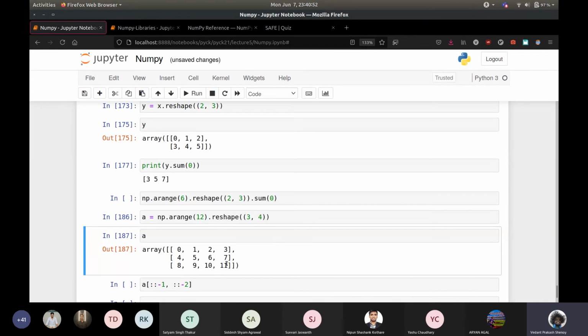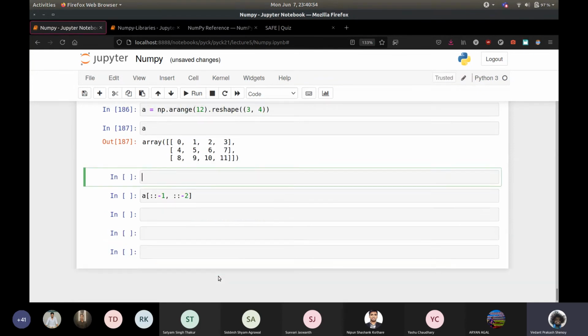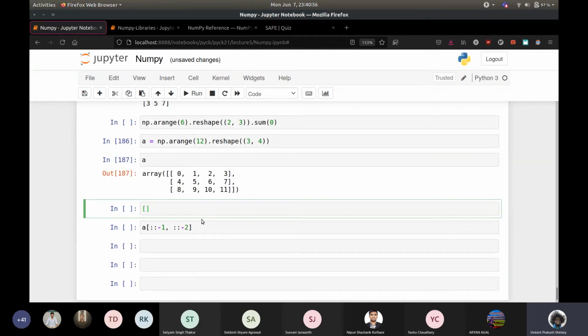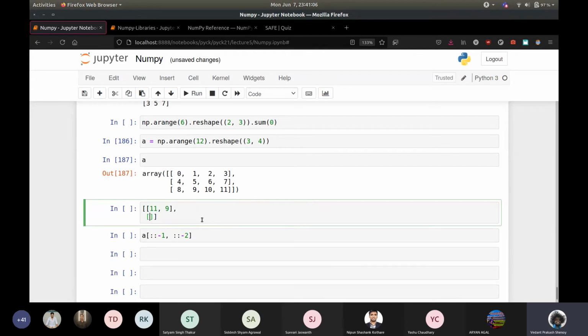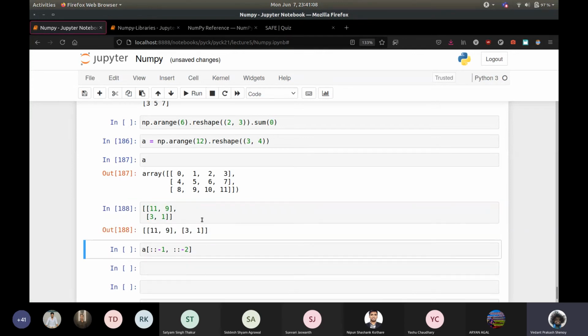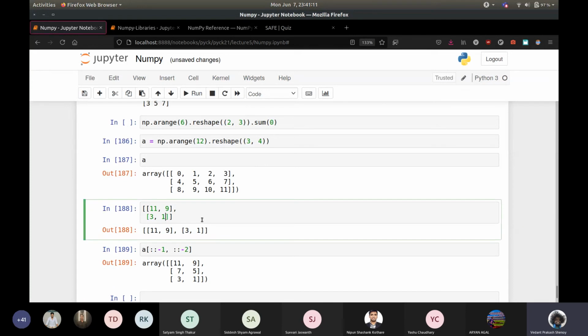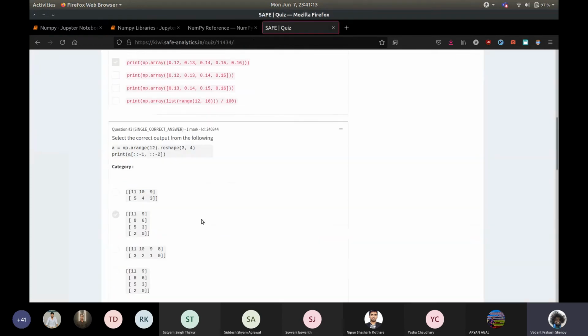And if you reverse the columns, but take only every second one, what you will get is 11, 9, 3, 1, I think. Oops, did I make a mistake here? I have to reshape this thing.